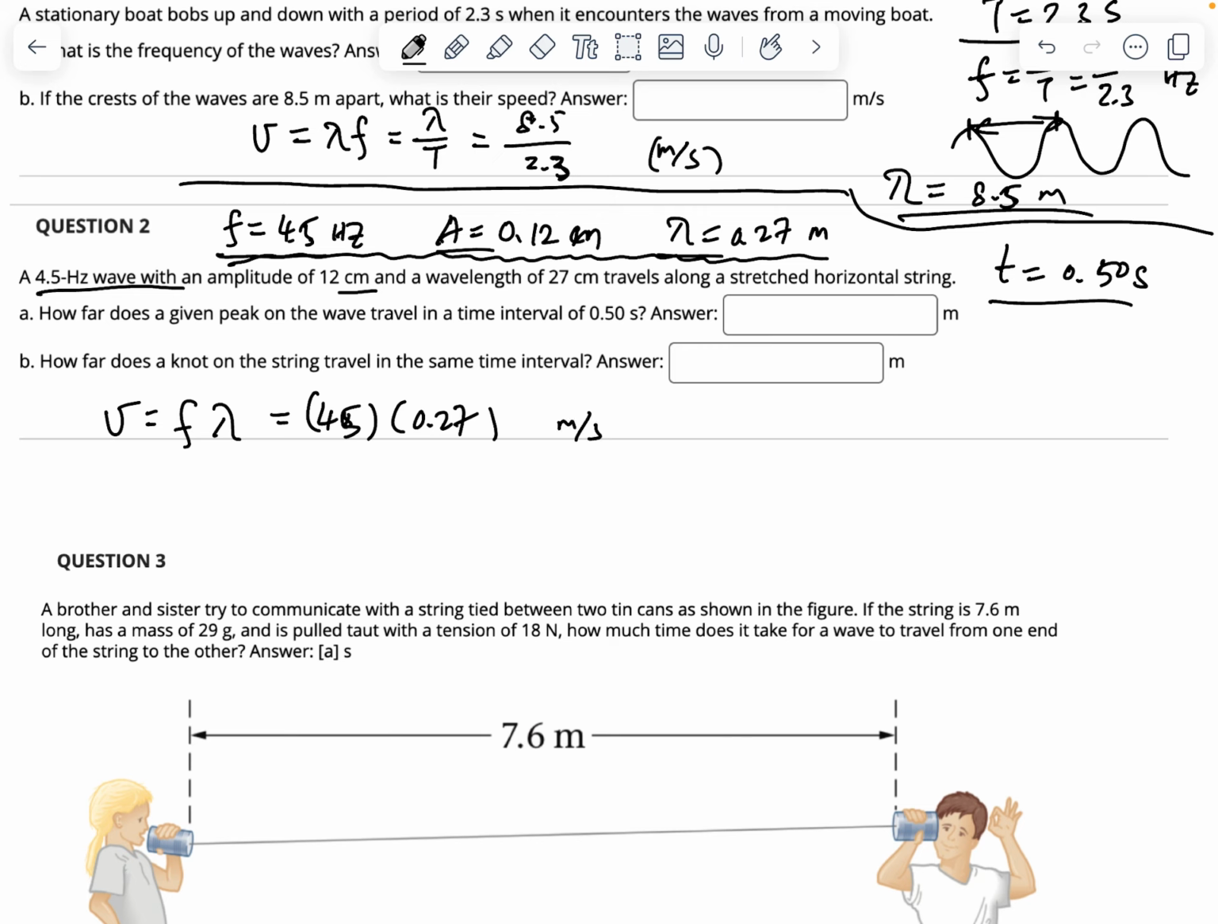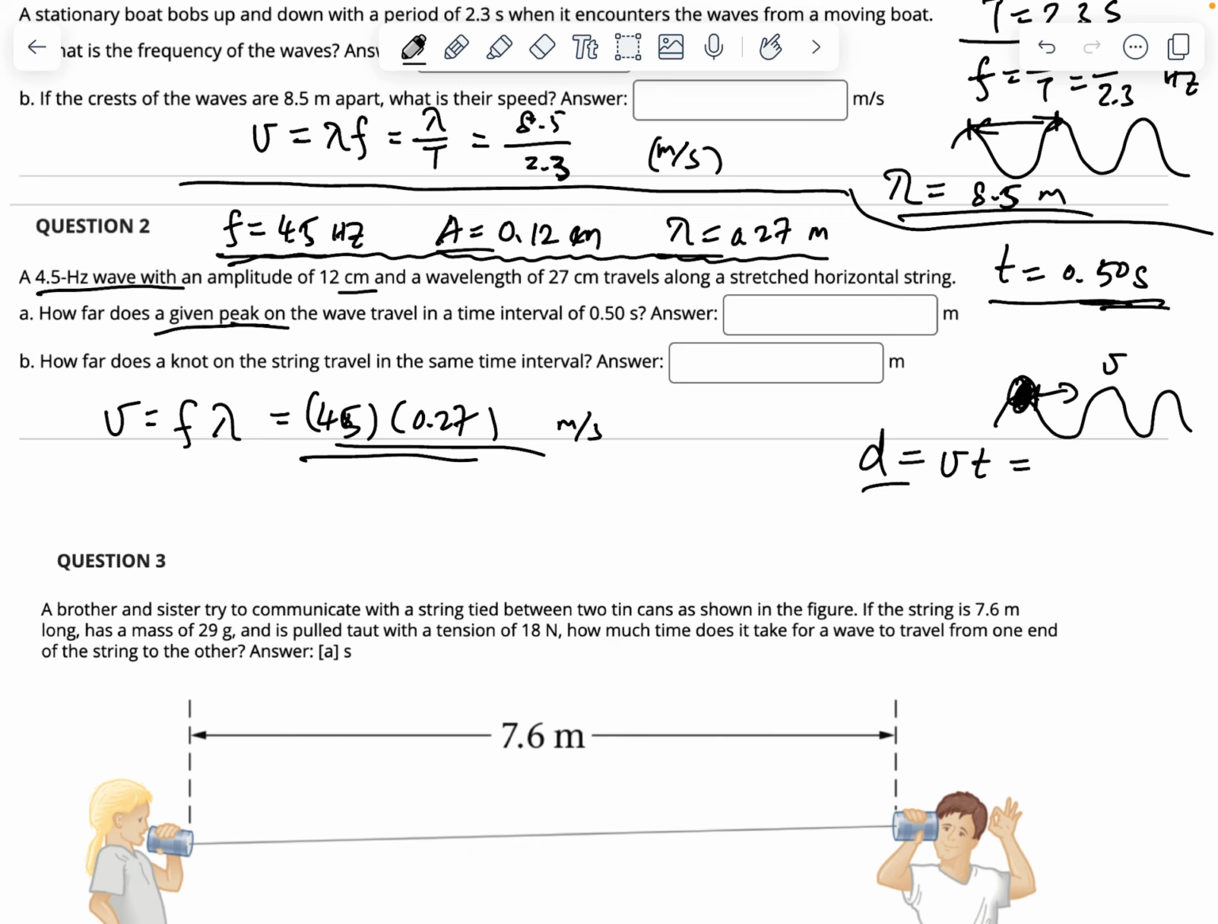Okay, and talk about a given peak. Any given peak. So you see here is a peak. This peak will travel in this direction with a speed of this. So given the time, the distance traveled equals speed times time. So speed is this one, and whatever time is this. Put together, that's how far the peak travels. Second one is how far does a knot on the string travel in the same time